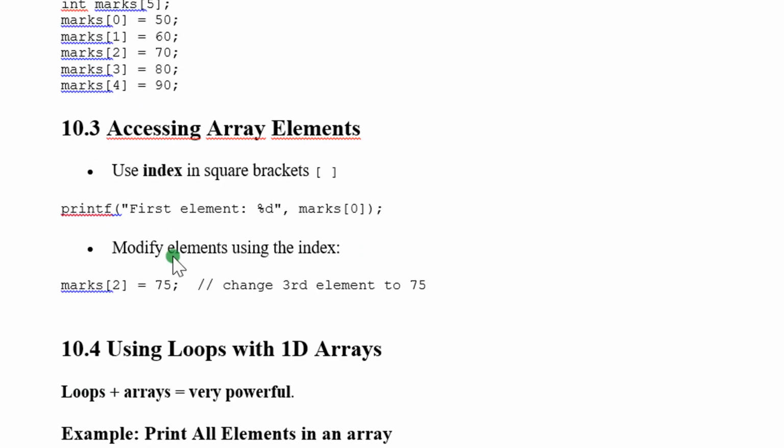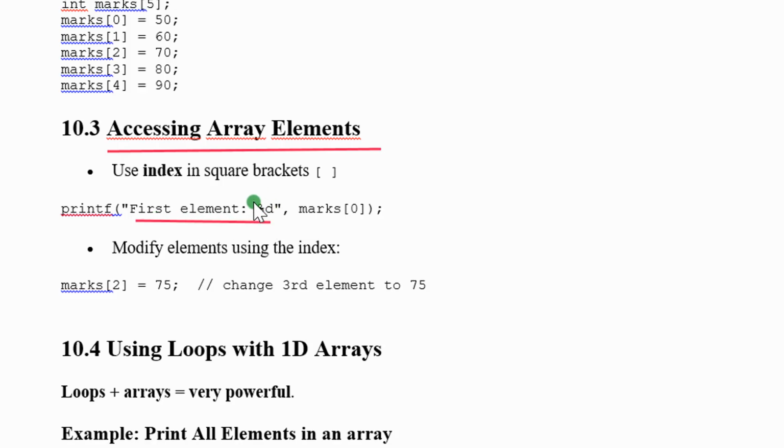Now the next thing: how to access an element of an array. Generally, to access an element of an array, we are using this same square brackets method. Look at something. This is how we do so. Print, for example, this is my printf. Here I'm saying first element. Here you are